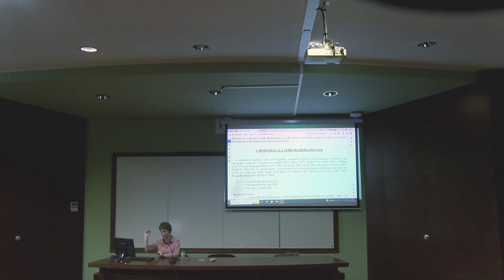If there is a conceptual similarity and a cross-linguistic correlation between these three, in the sense that if a language allows 22A and B, it also allows C, or in other words, we have languages allowing 22A and B only if they also allow 22C, and languages which do not have 22A and B seem to be exactly the ones that lack the type of constructions illustrated in 22C, we are faced with this huge problem concerning Old Romanian. So present-day Romanian, the situation is what we expect. Romanian is a verb-frame language.